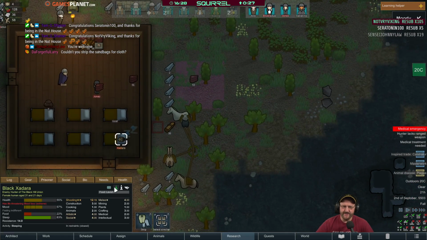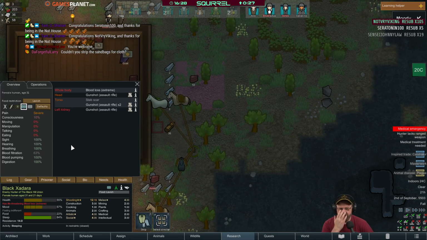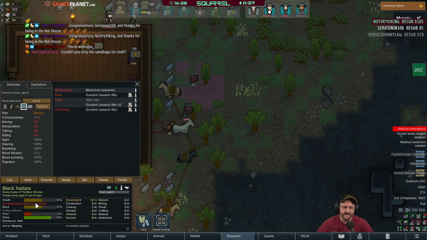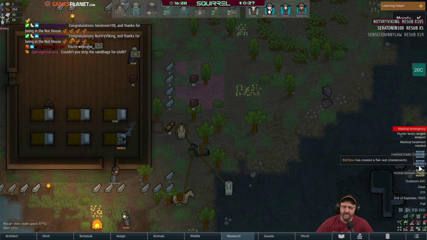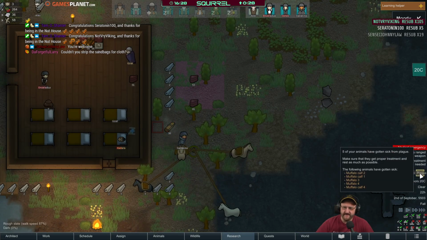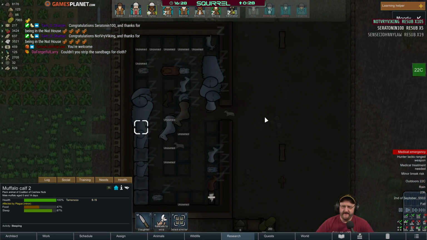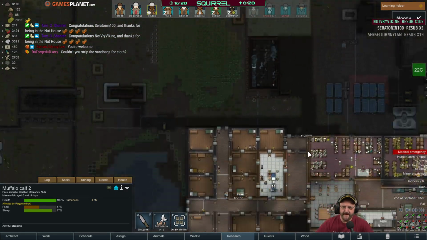Right, so I guess we can just stay until this person's health is stabilized enough to travel. Because right now they're still life-threatening. And we know that if we travel when they're life-threatening, they die. So we won't do that again. Bit too slow has created a flak vest. He's still on that. Got a lot of plagued animals. Barracks is still...